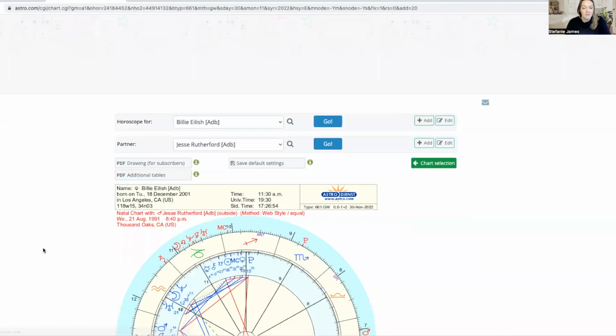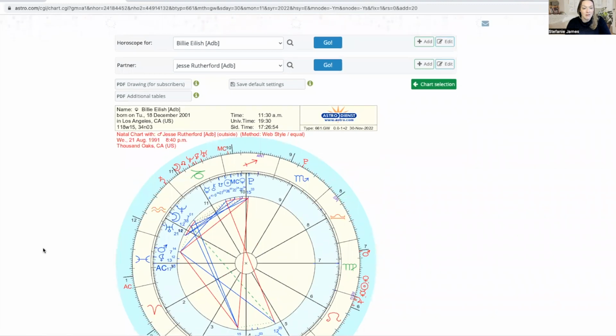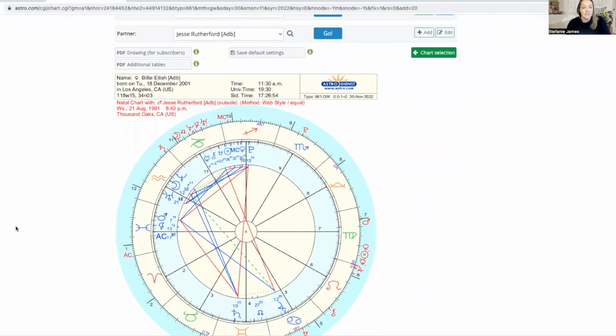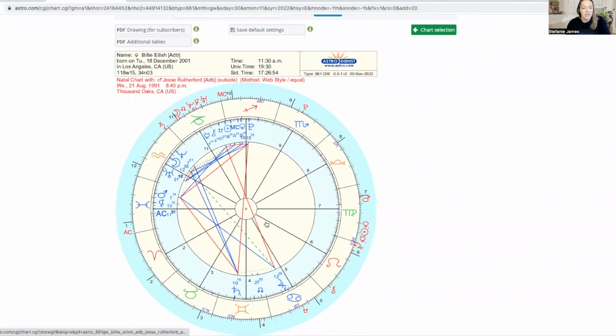So we have got Billie Eilish and Jesse Rutherford. The way that astro.com does it is that they've got lots of different chart layouts, so I'm sure I could have selected something. It's quite a good way to look at it, actually, to have a little look at this chart. So Billie Eilish's chart is in the middle. We've got her Pluto, which sits right up on the 10th house cusp with Venus on the other side, and